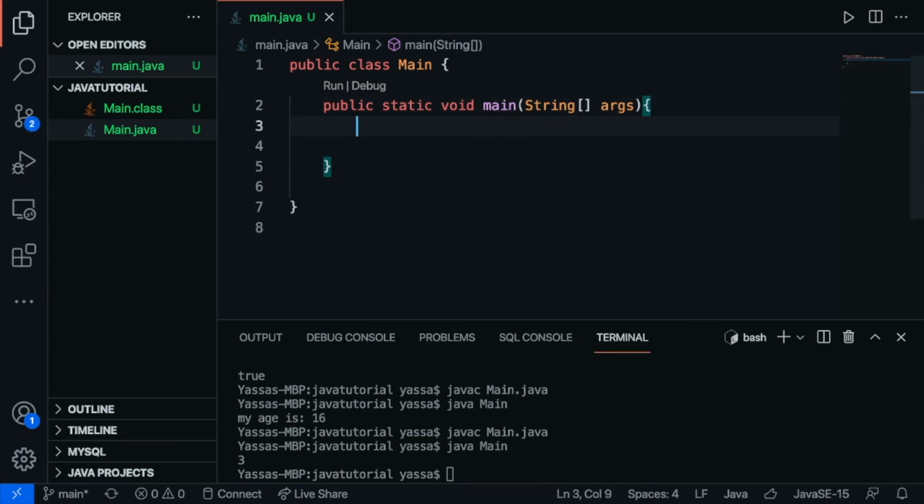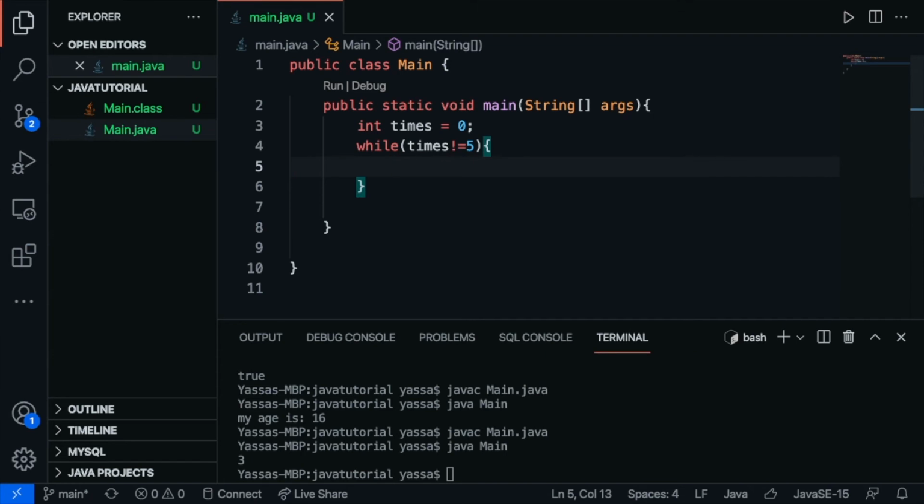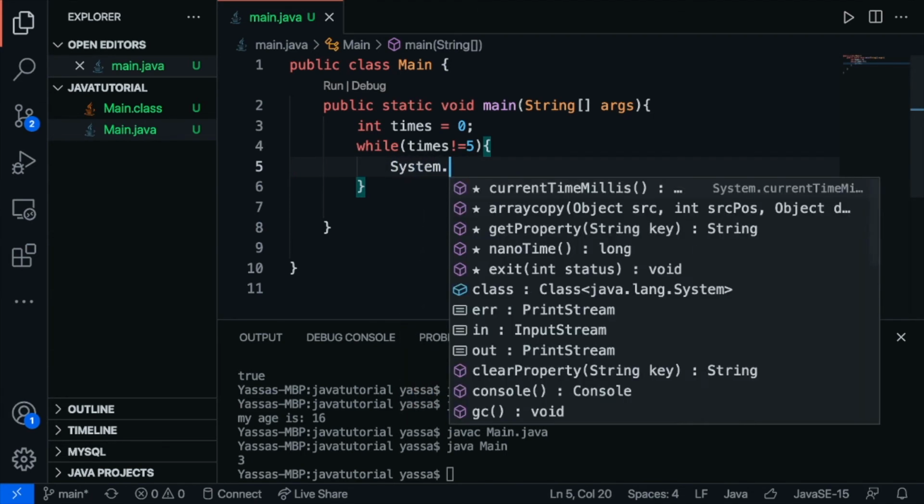Let's suppose I have an integer called times, okay? And I just set that equal to 0, okay? Now let's suppose I want to print out hello 5 times, or anything for a specific amount of time. The way while loops work is they allow you to run code for as long as a certain condition is met. Observe, if I go while times is equal to 5, for example, I can just print out